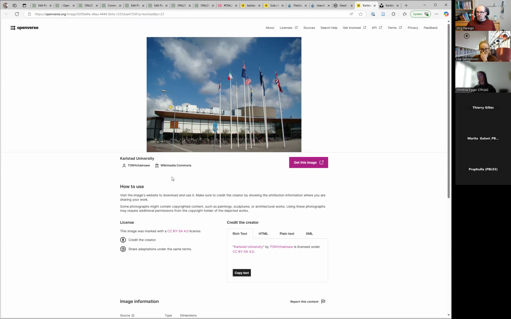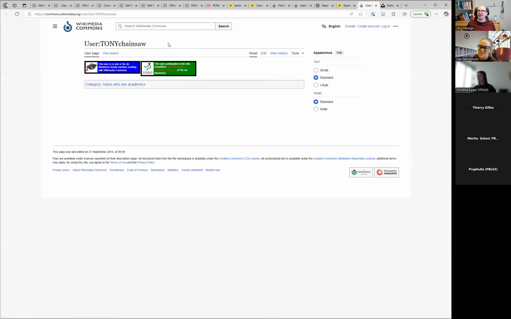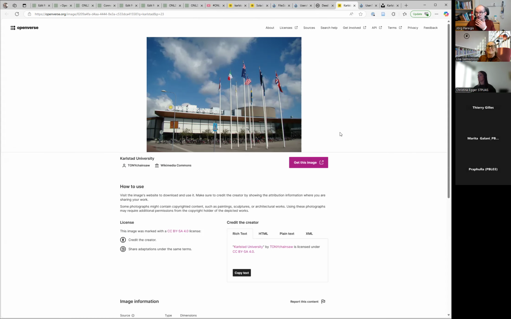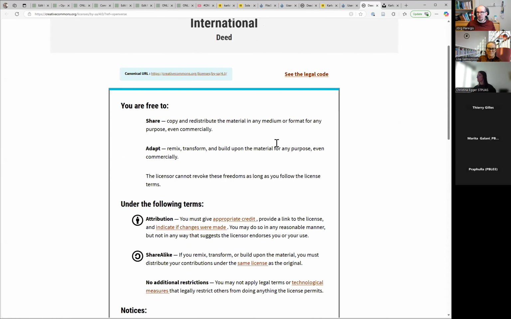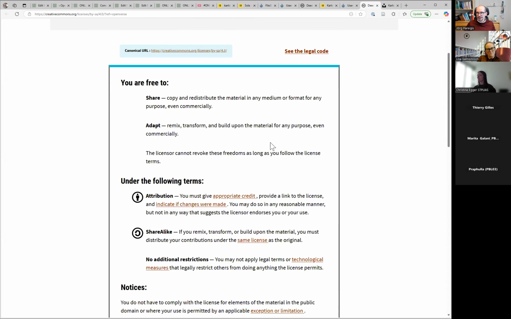This is a picture by Tony Chainsaw, another Wikimedia Commons user. Tony Chainsaw put this picture on Wikimedia Commons with the CC BY Share Alike license, and we look at what this license says in comparison to the other license.